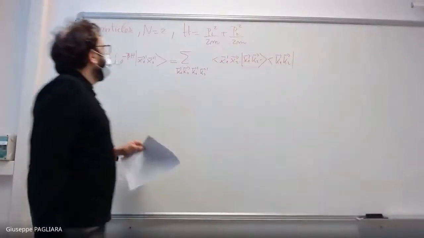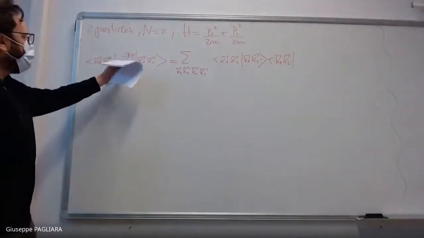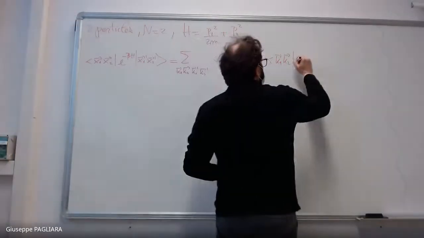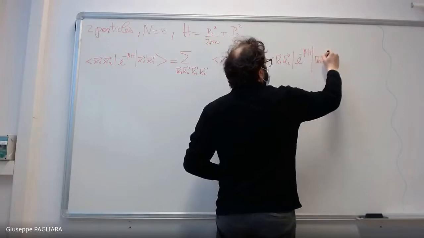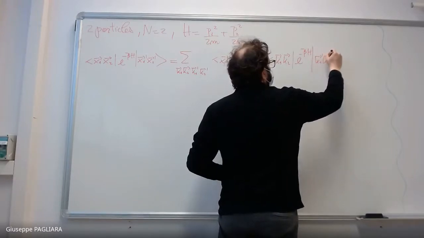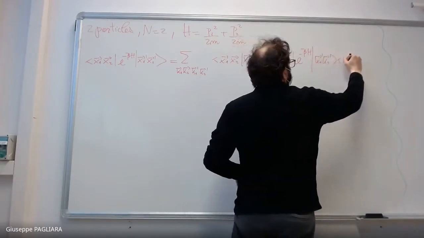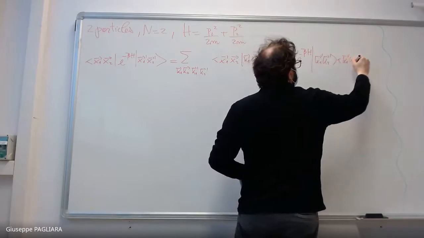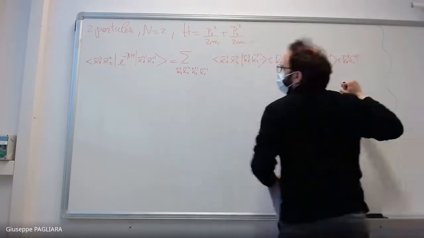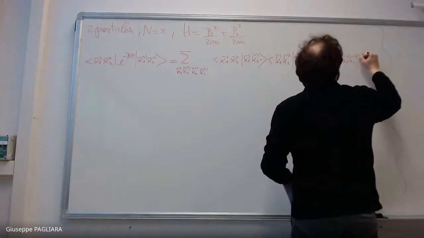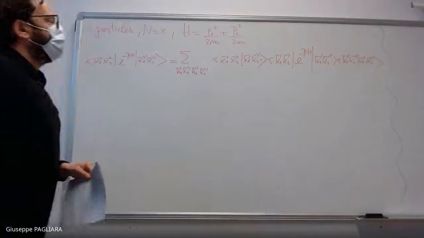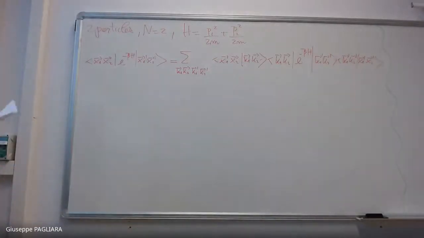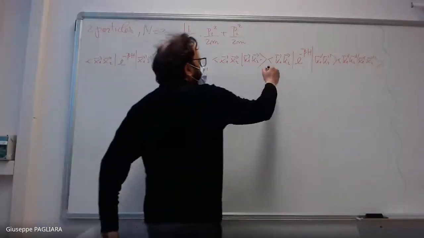K1, K2. Then we have the exponential of the Hamiltonian, e to the minus beta H, then K1 prime, K2 prime, K1 prime, K2 prime, and finally x1 prime, x2 prime. Okay, that's it. So now this can be computed